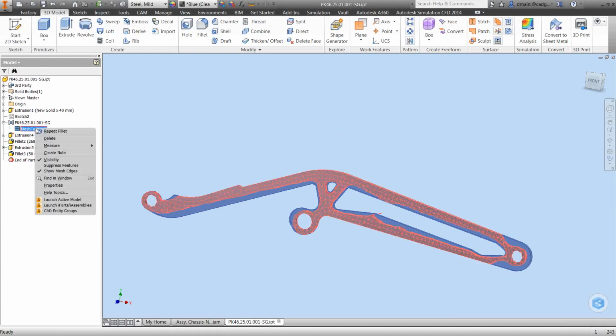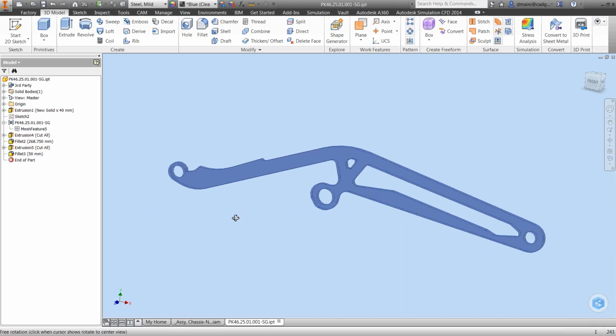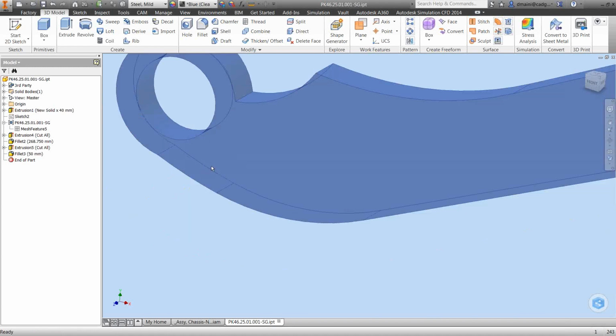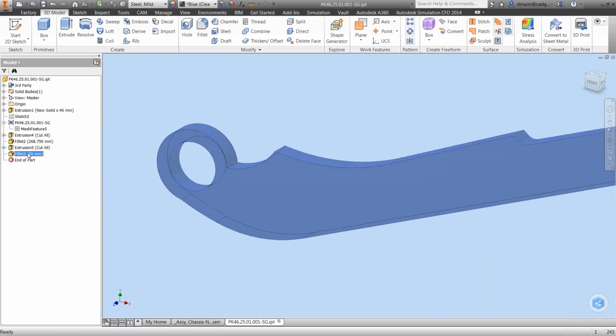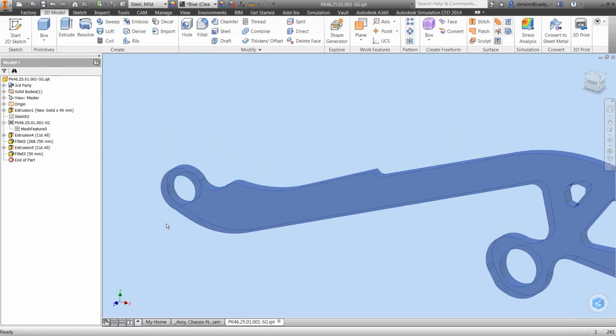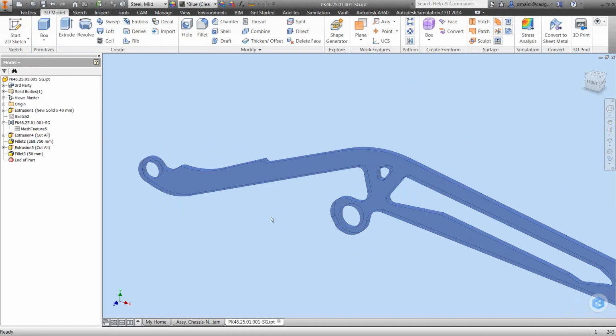And then if I turn off the visibility of this, this is now a new modified shape. Once I've got this shape, I can take it again into my part modeling in my stress analysis environment, and I can test this for further stresses. Alternatively, let me modify this as well to add a couple of fillets here. Alternatively, I could take this into programs like Nastran and CAD and so on to further test for buckling